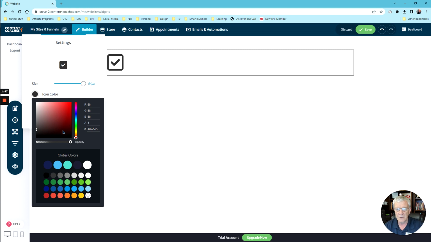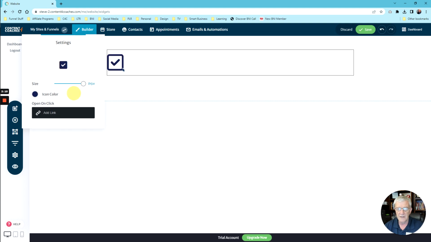You can change the color of the icon to anything you want, especially if you're doing branding with your site. You can choose one of your brand colors, it will change it. Any color you want. You can go through the scale or use the RGB here. Let's change it to the main color there, and then you've got the opportunity to open on click. I'm not going to do that right now, but you have the ability to make the icon a clickable object, and you'll see that we talked about linking to pages, anchor points, etc. in one of our other videos that talks about the